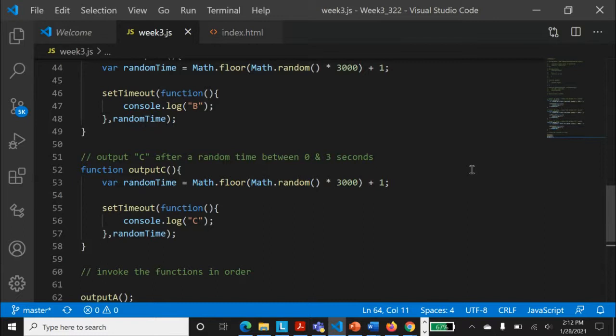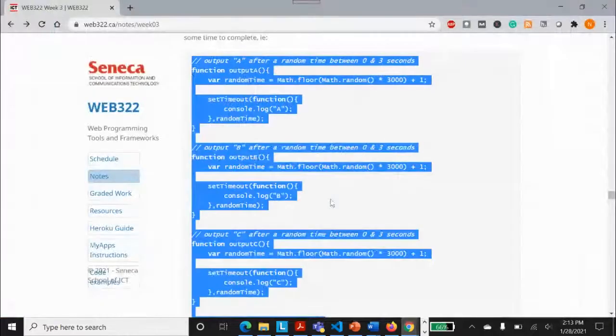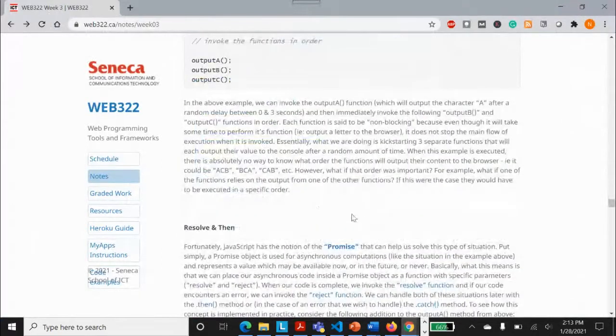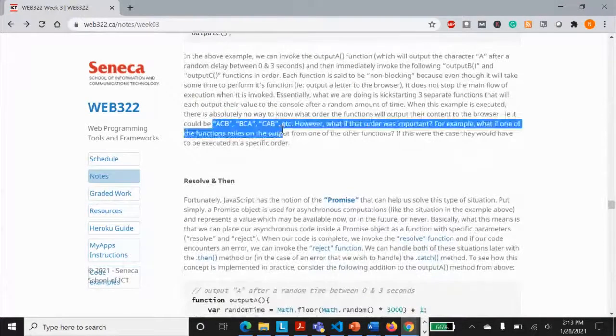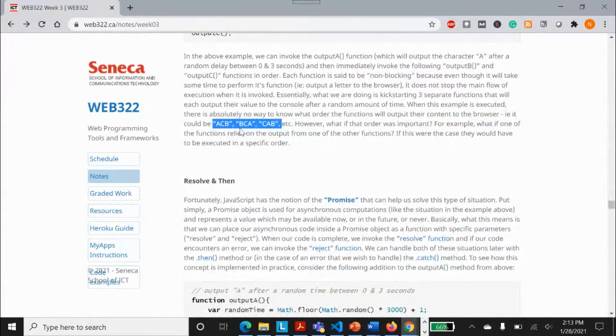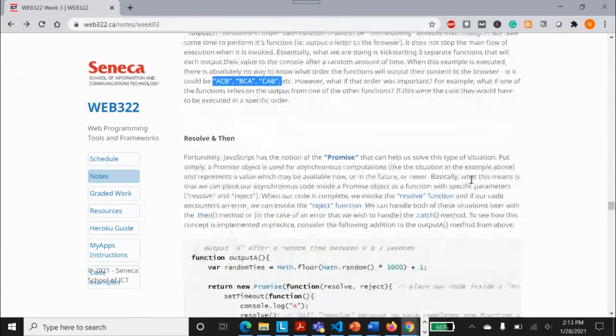So in that situation, you need to have something. If it takes time, and you are calling these functions together, then even if the first function has not completed its output, you will be reading it. For example, the first function is trying to create a file, and at the same time you start running your second function, which tries to read the file, but the file is not ready. So in that situation, you will be looking for some solution. You might get a result of ACB, or BCA, or CBA, depending on the timing.